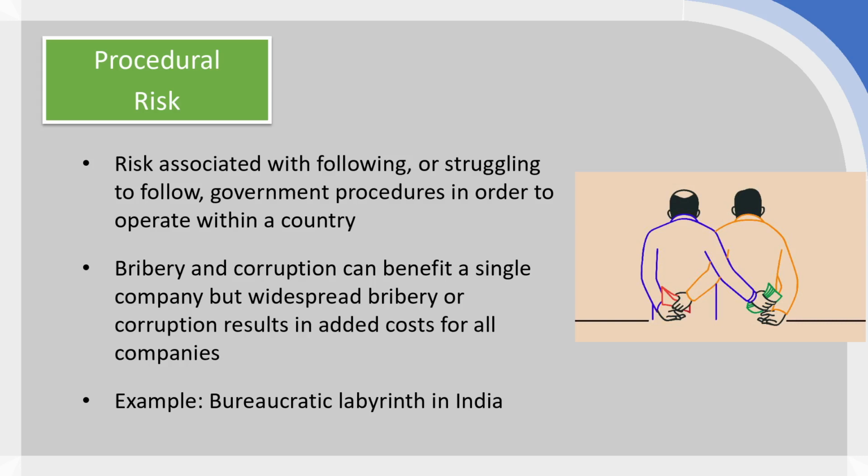So if we say something like a government tender, where companies are supposed to bid for government contracts, the process, the procedure on paper would be that different companies will submit tenders with offers to do the work for a certain price or a certain cost, and then the government makes a transparent decision based on the merits of each tender. But if there's a significant risk that one of those companies is simply going to pay a bribe in order to win that government contract, that means that procedure on paper has been subverted.